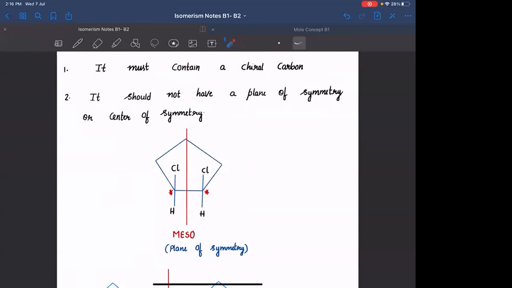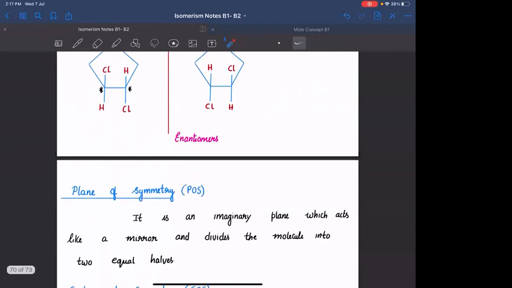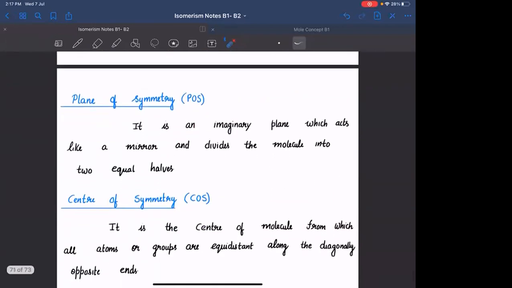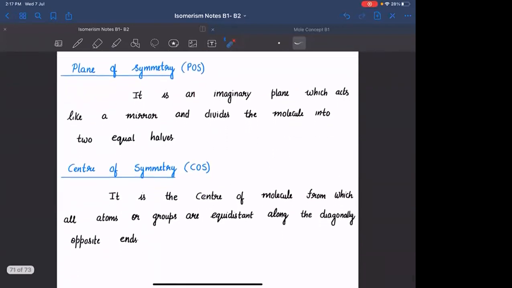It is not necessary that you need to have both of them in order to consider the molecule to be achiral. Plane of symmetry आपको दिखा भी नहीं. If you see center of symmetry, then also it will be achiral. Clear है ये? Is this point clear? We already know how to identify plane of symmetry. Let us see what is meant by center of symmetry. Everyone, is this clear? Can we go ahead?